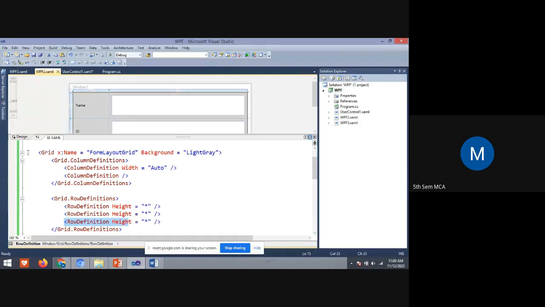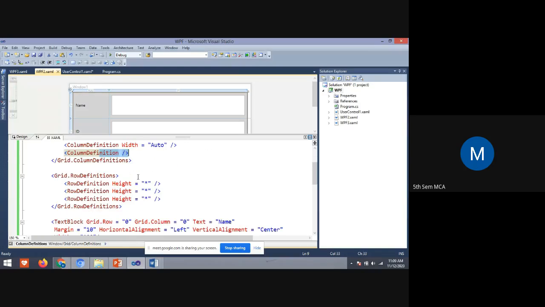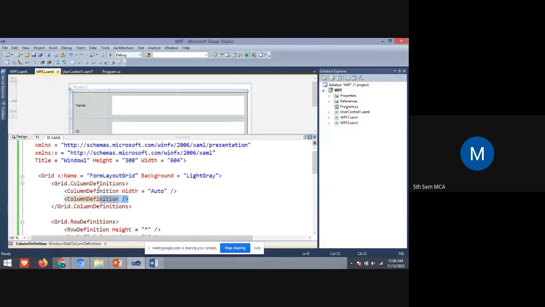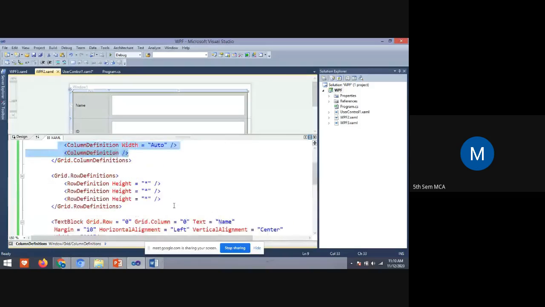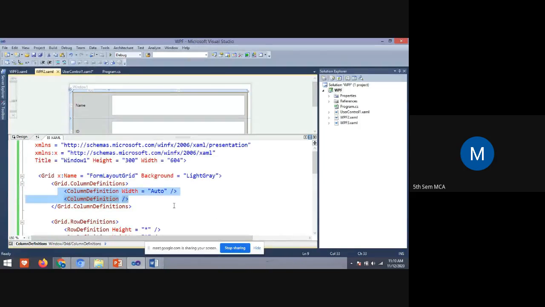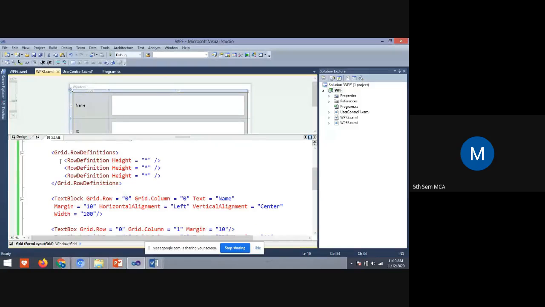Yes, ma'am. In the column also, 1, 2. So 3 rows and 2 columns I have. 2 columns I have, and here I have 3 rows.